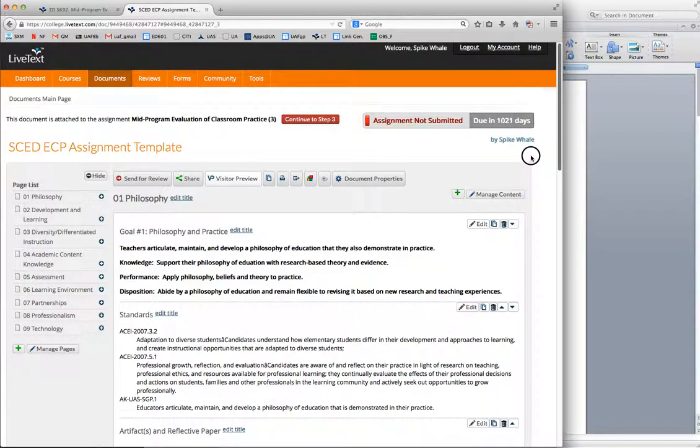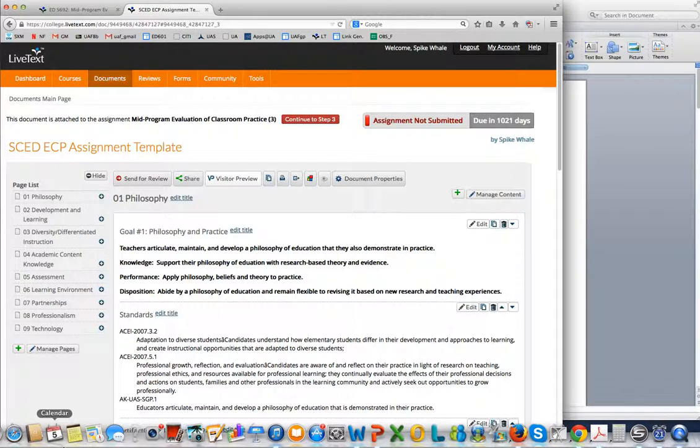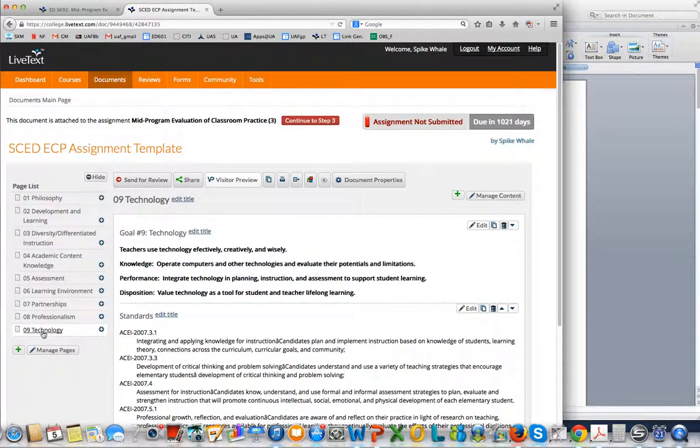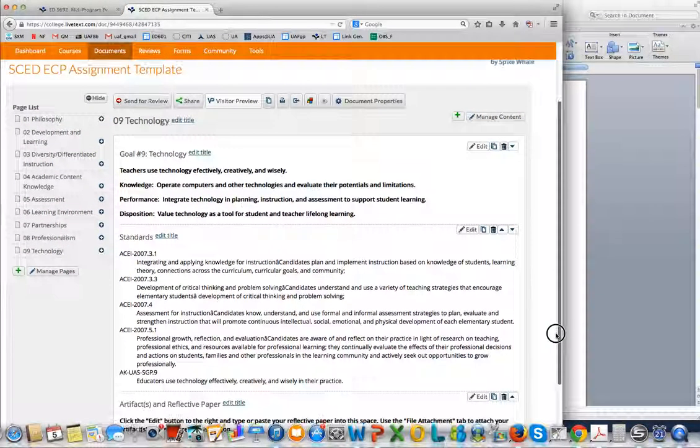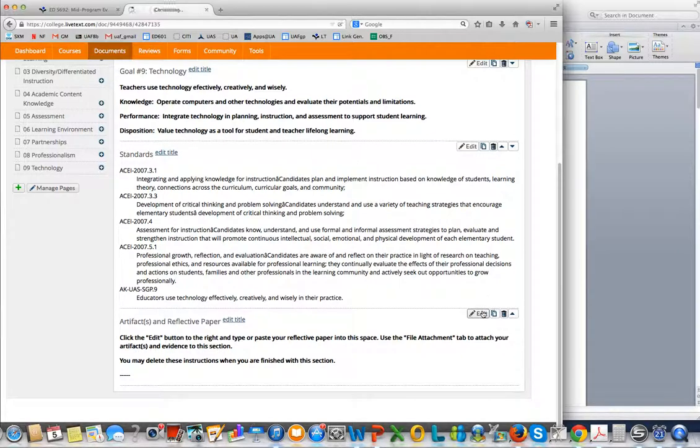Your goal is to move through this fairly quickly. I don't expect you to spend more than 10 minutes on each of these. That would be a total of an hour and a half. Now, what do you do for an area where you don't have an essay yet? All you need to do is go to that area, go down, hit edit,